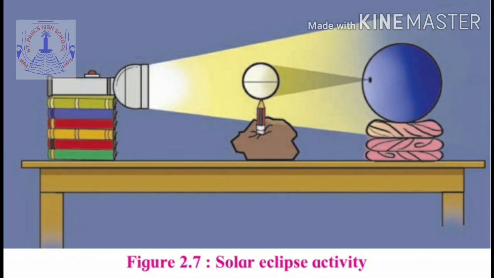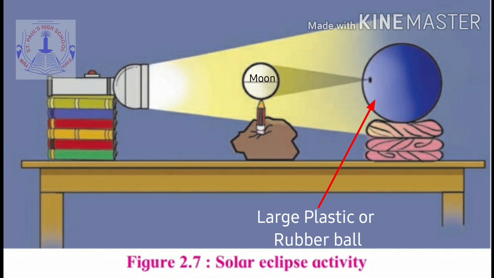Now students, to understand solar eclipse better, try this activity at your home with the help of your elders. For this activity, students, take a ball of clay or mud and keep it at the center of a table. Fix a pencil vertically in the clay ball in such a way that its sharp end points upwards. Fix a small plastic or sponge ball on the sharp end of the pencil. Draw a circle along the midline of the ball. Let this ball be your moon.